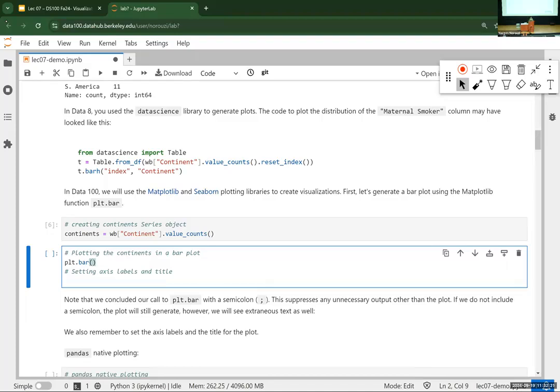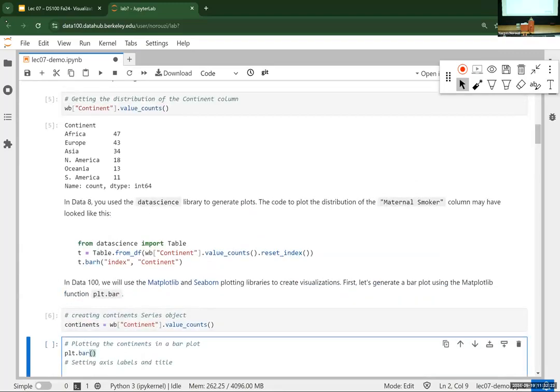So look at what I had in this series object right at the top here. In this series object, the x-axis that I want to plot is the index, and then the values are the values that I want to encode in the y-axis, which is going to decide the lengths of each one of those bars. So I'll pass those sequences that I had. What is the sequence on the x-axis? The sequence on the x-axis is